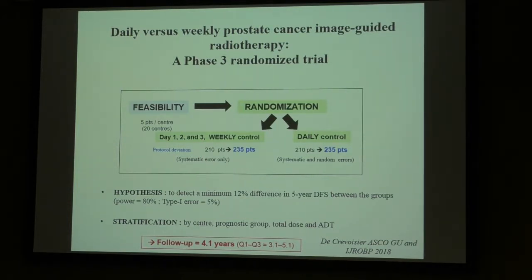The systematic error is based on a strong difference between the planning and what happens during the treatment. This is the slide I showed you before, with the distended rectum. It means that if the rectum is very distended at the time of the planning and less distended during the treatment, you will have a systematic error. And this systematic error can be detected relatively easily and corrected easily without checking at each fraction. So the goal of this trial was to compare two frequencies of IGRT in a series of more than